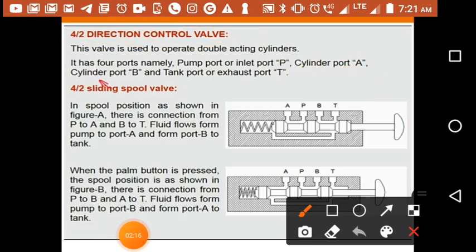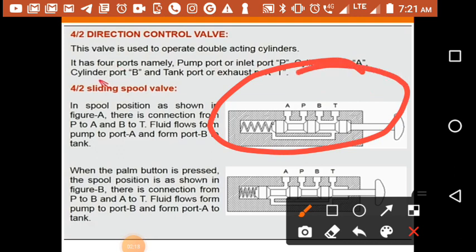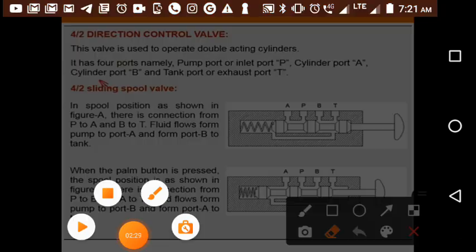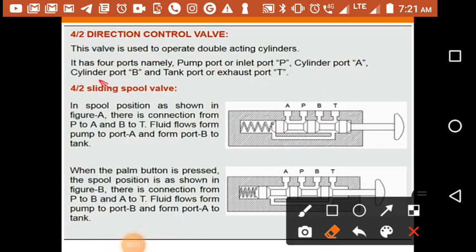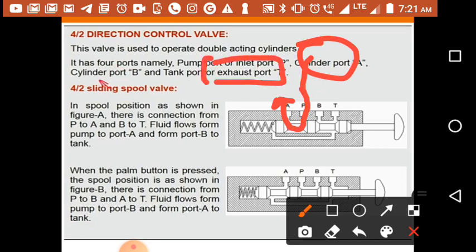This figure is the 4 by 2-way sliding type spool valve. Inside that spool you can see, from the pump, oil is flowing towards port A. There is an opening for port A, from pump to port A, and this port A is connected to the cylinder.